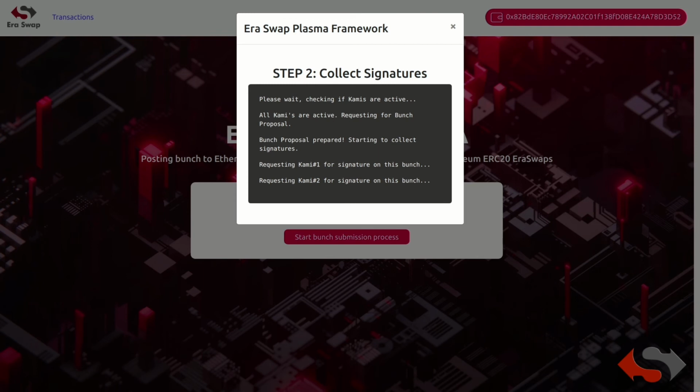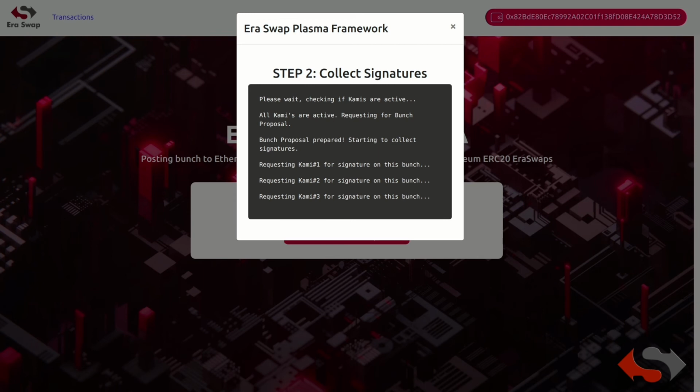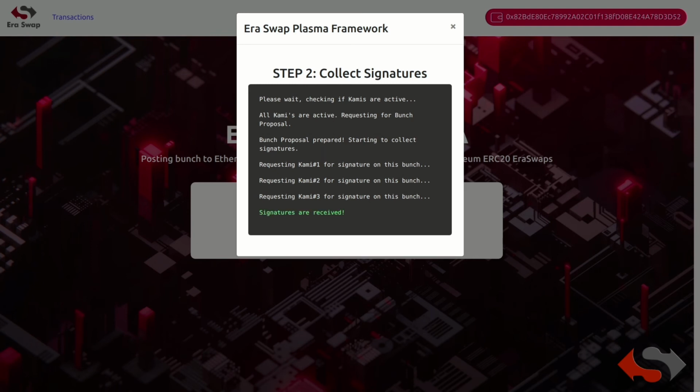The same procedure of commies getting the signature and verifying the signature is being done over here itself.